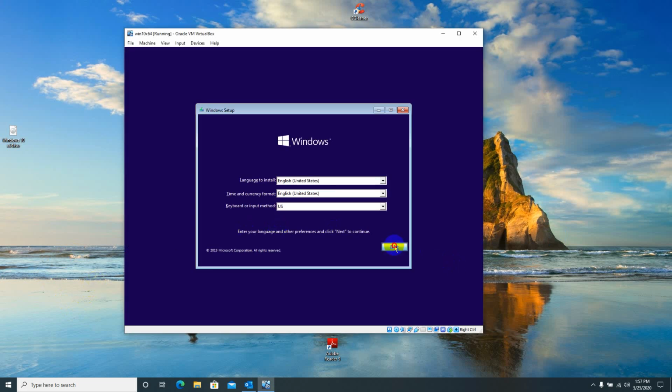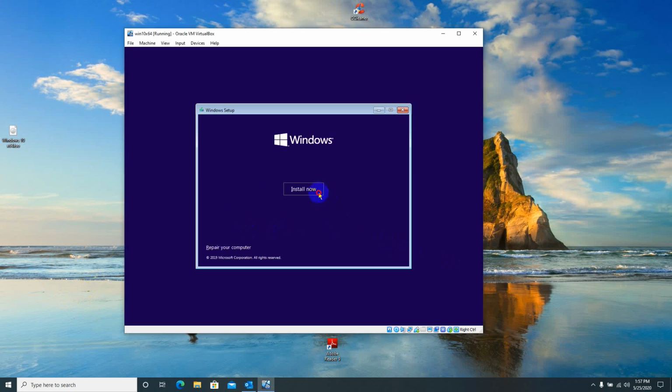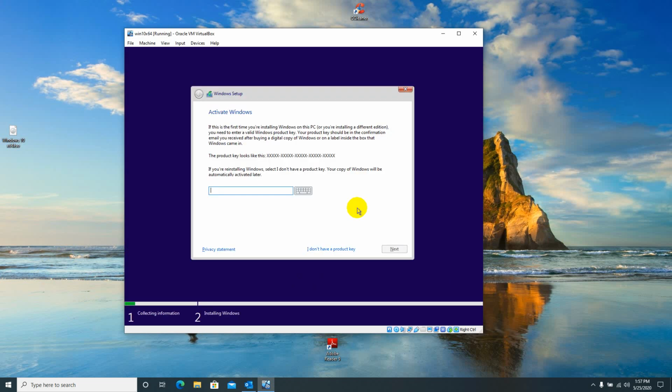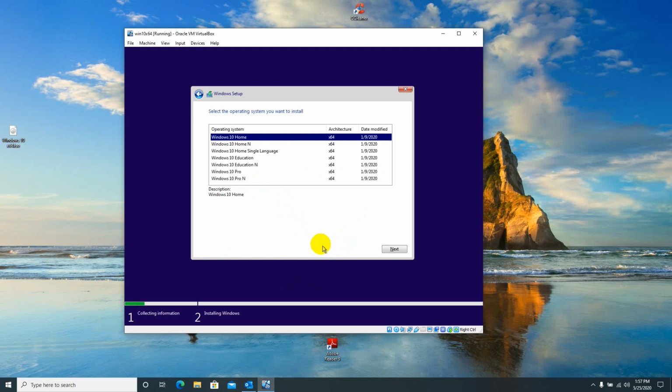Yeah, just go with the defaults. Click on install now. I don't have a product key. If I don't enter the product key, it will start the trial period. For our testing purposes, the trial period is enough. If you have the license, you can enter it here directly. Just now I will click on I don't have the product key.